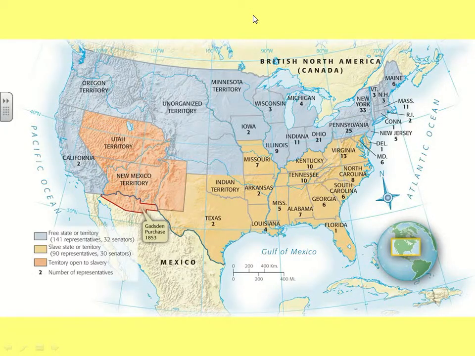Now, if we look at the map, what this means is California's coming in with their 2 senators over there, and the New Mexico territory and the Utah territory are to be decided in the future by settlers coming in. Now, the population is very small, and it's very dry in here. And this unorganized territory, according to the Missouri Compromise, when they get organized as states, should be free states. And we got a compromise. But as we know, this compromise will not last and it will fall apart. Okay, thank you very much for listening.